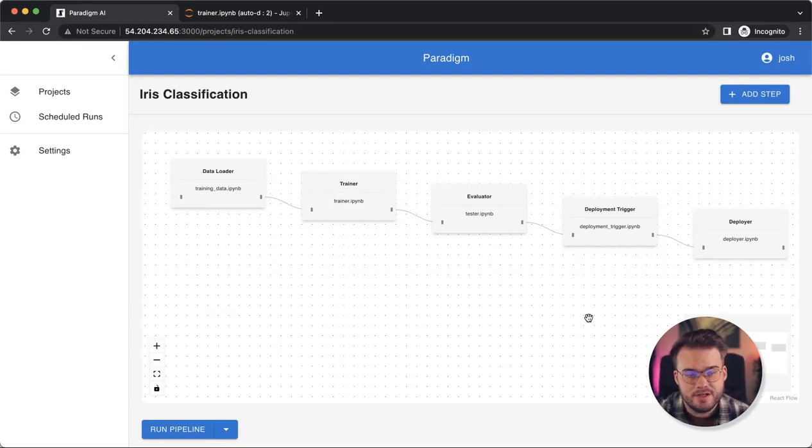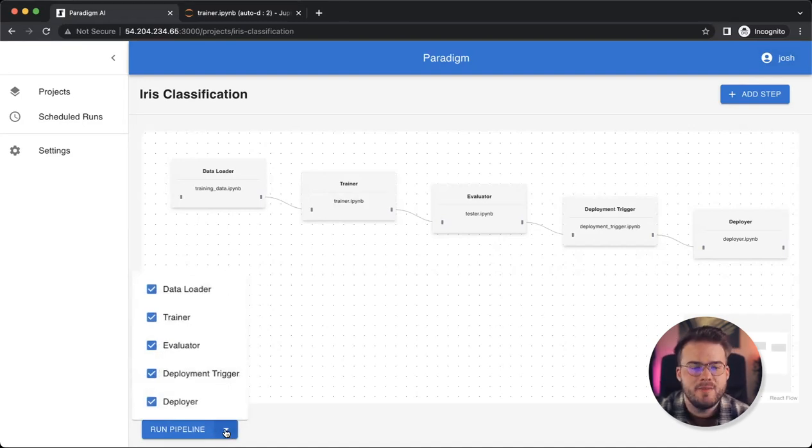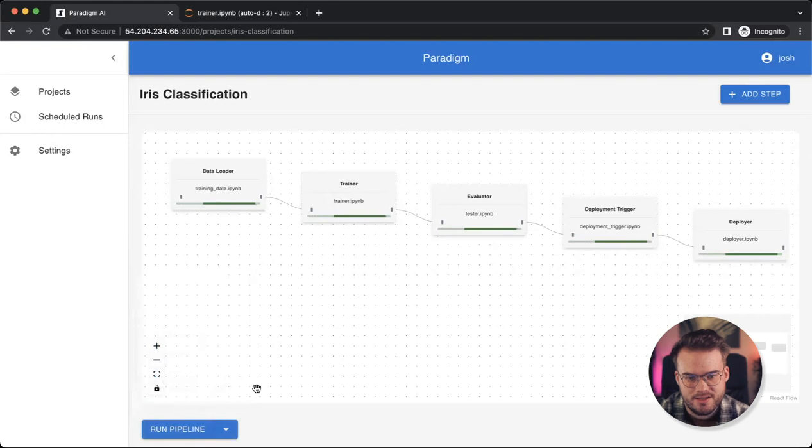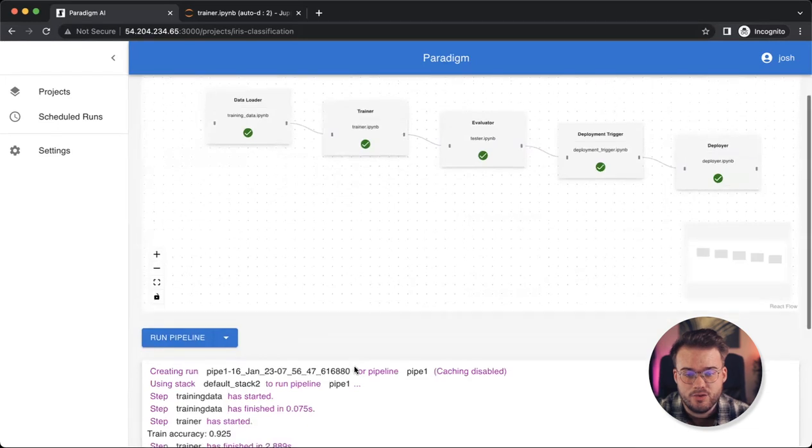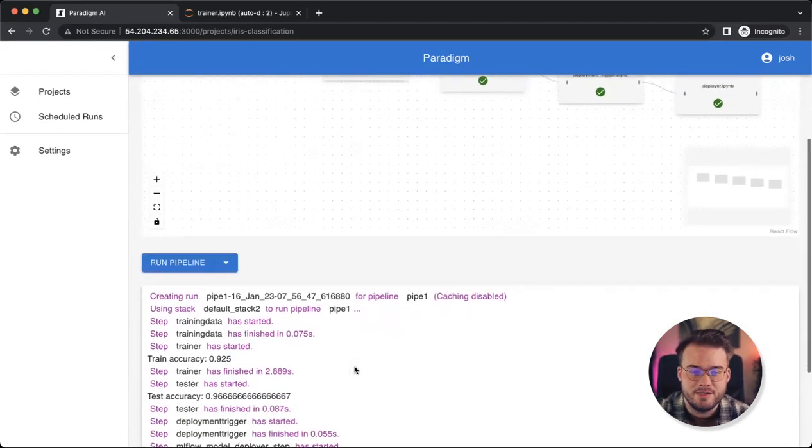Now, once I've completed the code for all of my steps, you can easily run this pipeline by hitting this button, and Paradigm automatically runs every step as a pod on Kubernetes. Kubernetes is chosen with scaling in mind and to make sure that you consume the compute resources only when you need them. Let's give this a minute. And there we go. I can see all the logs from the steps and the model is already deployed and